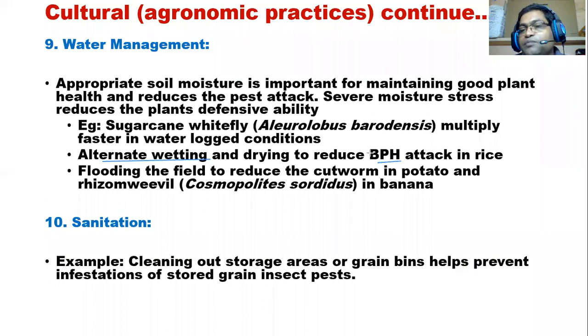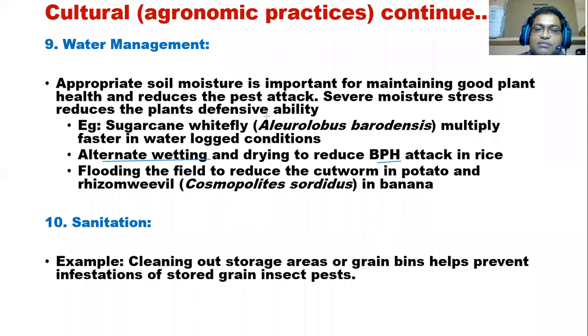In other crops also, flooding and draining can reduce nematode attacks too. These are also pests. In the rice field, farmers commonly prefer to flood the land, not drain it. Why? To manage the weeds. If you are flooding, rice can escape, but weeds will die because they cannot respire. You all know that rice has an aerial root system. Whatever the water level is, rice will grow up, but weeds will die because there is no oxygen.